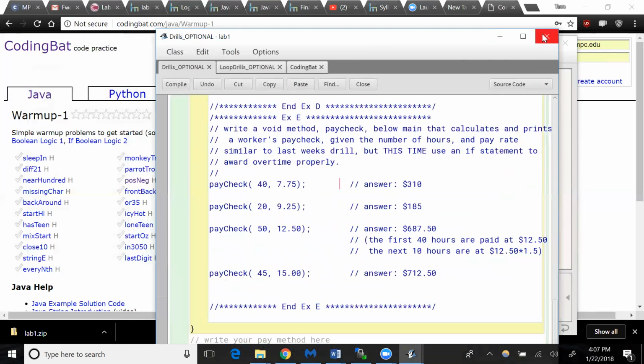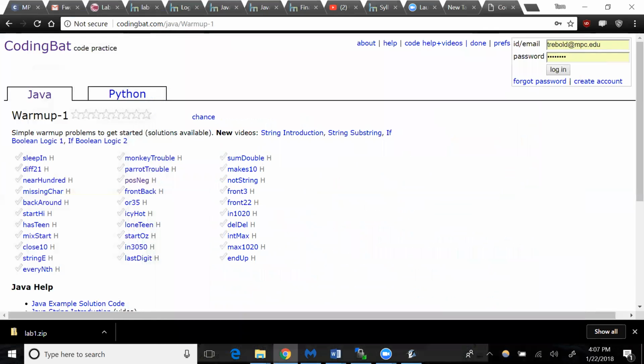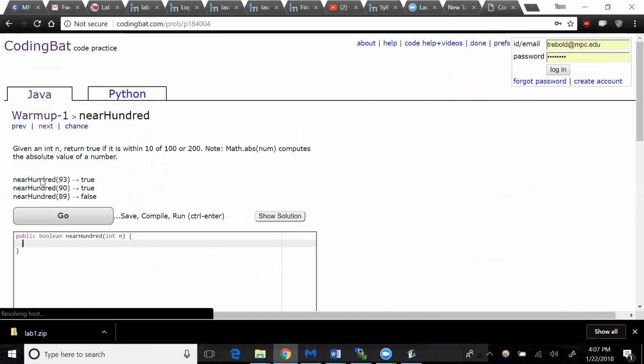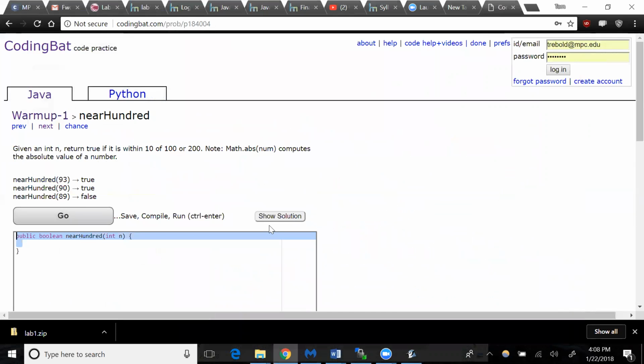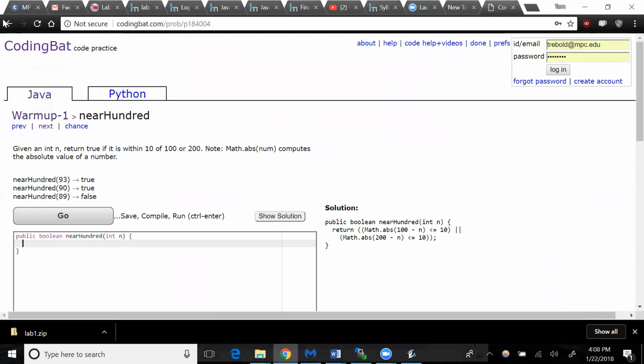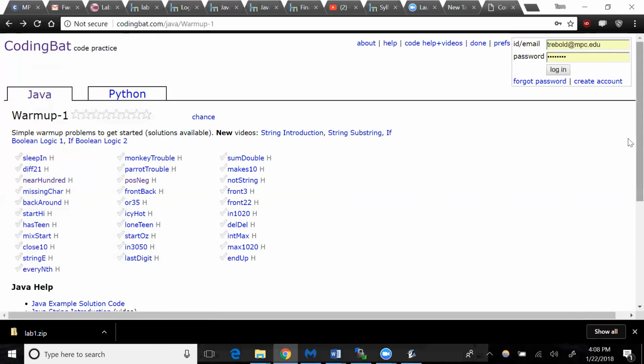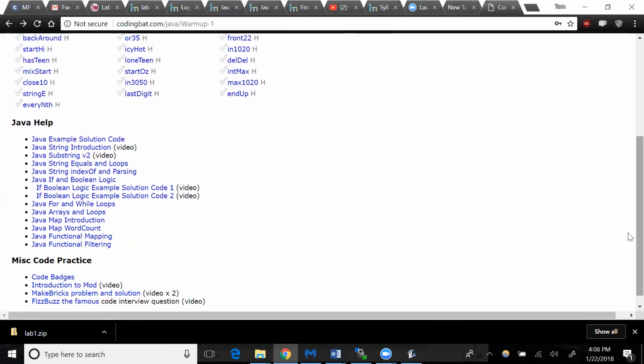So if that seems ridiculously easy for you, you can go to CodingBat, and that's another way to work. You can work on some warm-up exercises. And here's a function where it's giving an int, return true if it is within 10 of 100 or 200. And you can use various functions to do that. Some of these actually have solutions shown, so you can show the solution if you want to. But most of them, after the warm-up, don't have that. It's really just a chance to play around with getting your programming skills going, and I'll just walk around if anybody has any